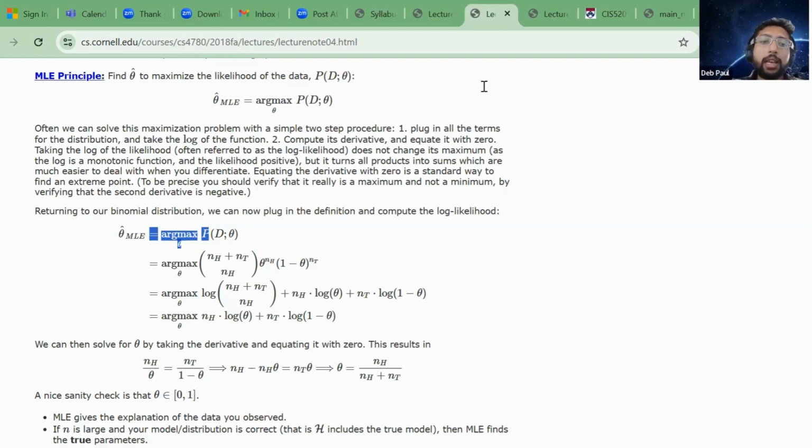What is this likelihood? It is the probability of observing that data, parameterized by that theta. I have estimated some theta. Does that fit my observation? If not, then I go back and change my estimation. So what is the estimation that explains my distribution? Does that make sense? Okay.